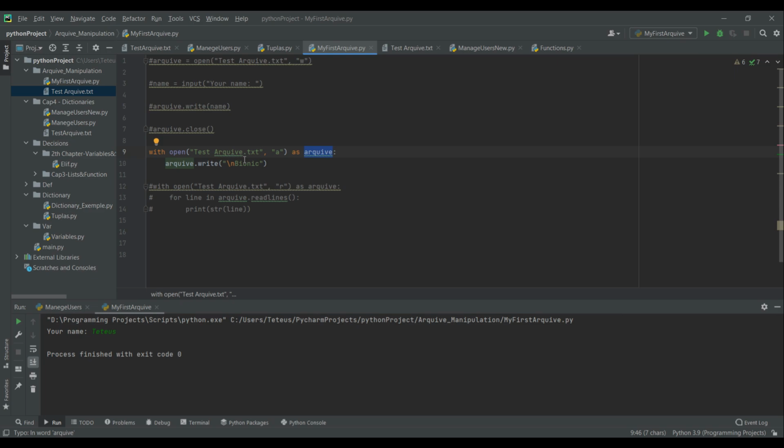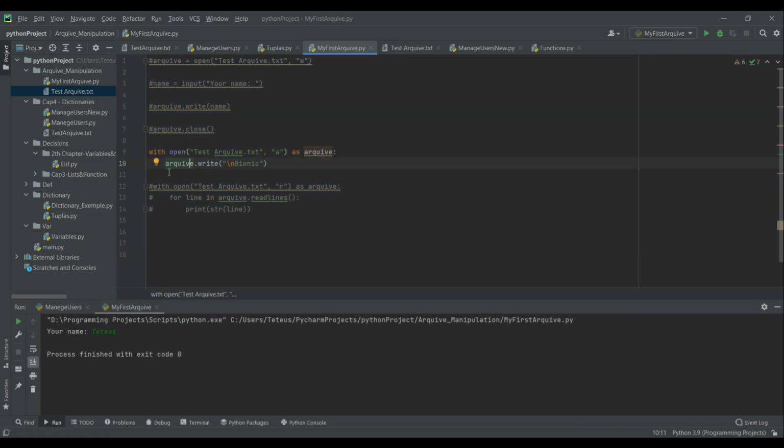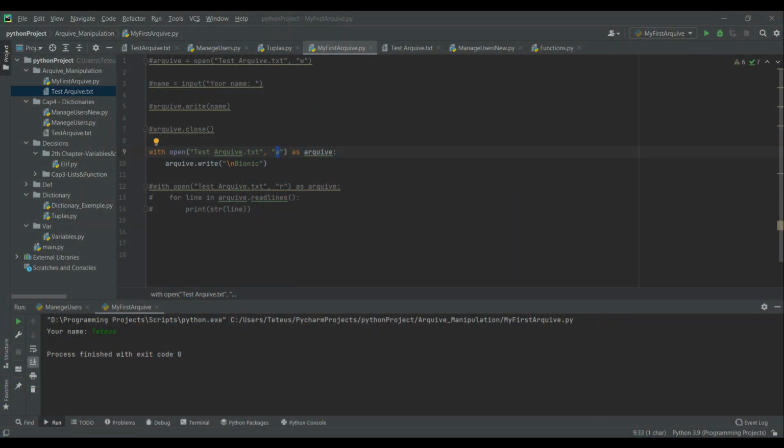This archive will be stored in, it's not exactly a variable, but it's defined as archive. So here I take my archive and I write it as if I'm altering it. You don't need to specify here that you are altering it. When you put altering, instead of overwriting the information like last time, here I'm just adding new stuff.